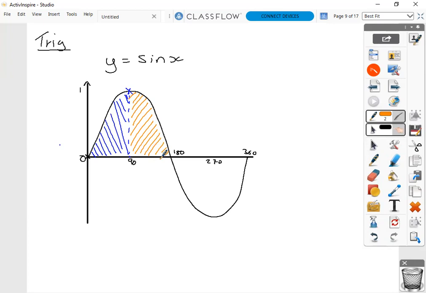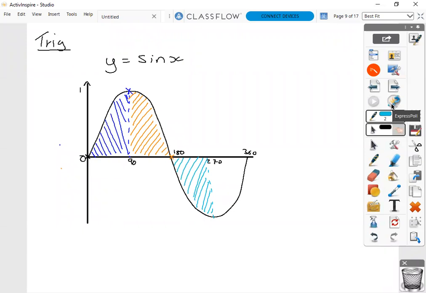So something's happening every 90 degrees. 0 to 90, there's a maximum. 90 to 180, a further 90 degrees, we're crossing the x-axis for the first time. After 180, sine goes into being negative. So from 180 to 270, which is another 90 degrees,